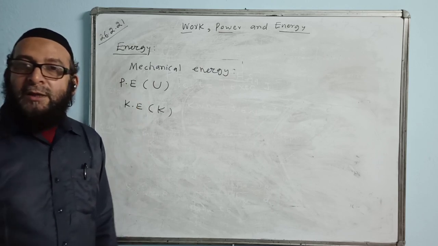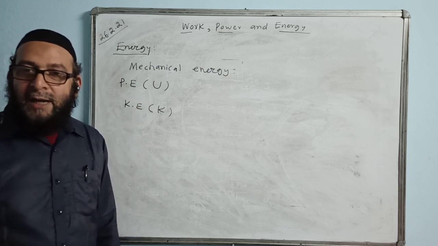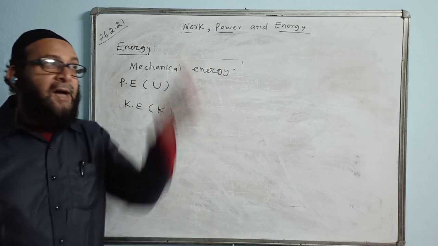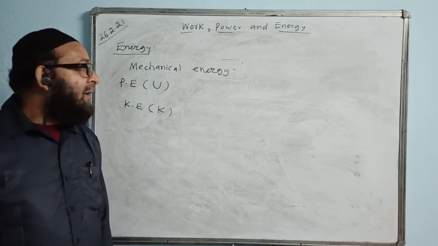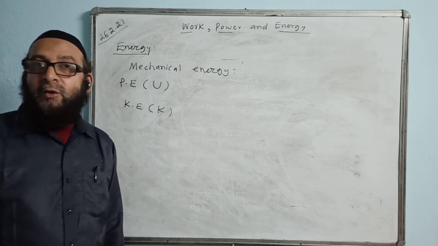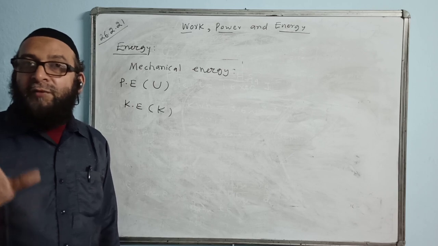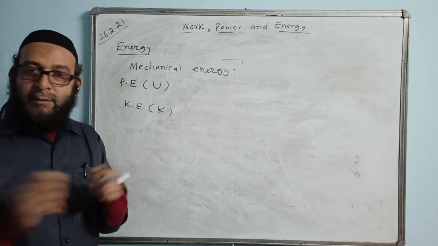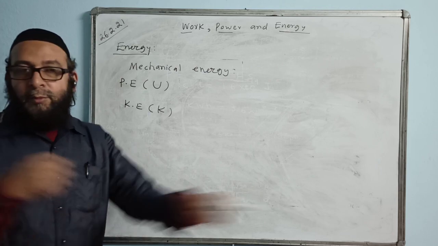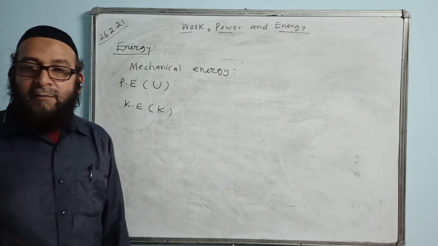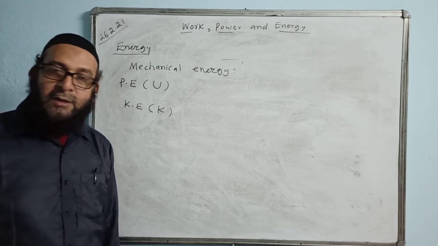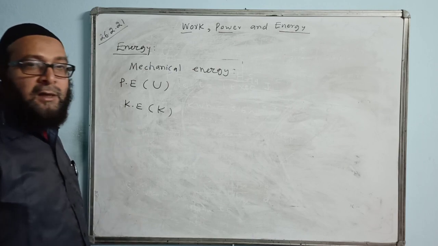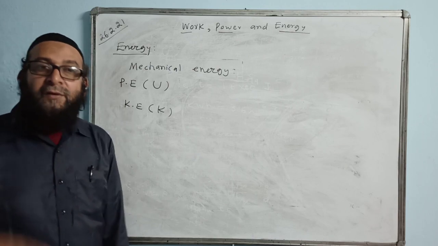There are two types of potential energy: gravitational potential energy and elastic potential energy. Gravitational potential energy is there due to height or position, gravity, and elastic potential energy is there due to change in the structure or configuration, like a spring. They store elastic potential energy, like rubber, catapult, bow and arrows. Potential energy is there, but what kind? Elastic potential energy.